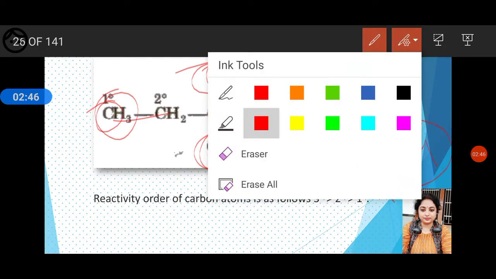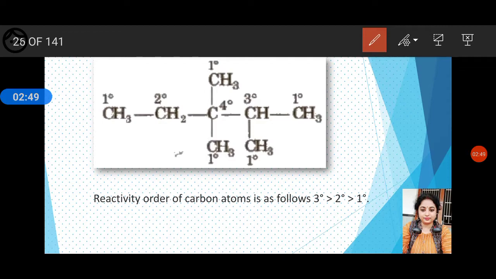Now, let's see the secondary carbon. Secondary carbon: a carbon atom linked to two other carbon atoms is called secondary carbon. Now, look at this carbon. From one side it is linked to one carbon, on the other side it is linked to another carbon. No other carbon will we find that is linked with two carbons. This one, this one, this, 1, 2, 3, 4. So only this is your secondary carbon. Such a carbon atom is linked to two hydrogen atoms. You can see here two hydrogen atoms. And it is denoted by 2 degree.